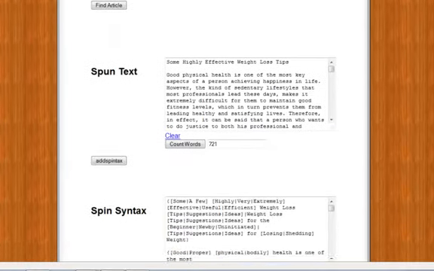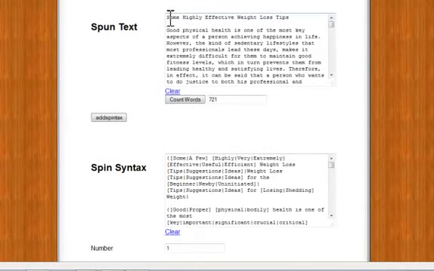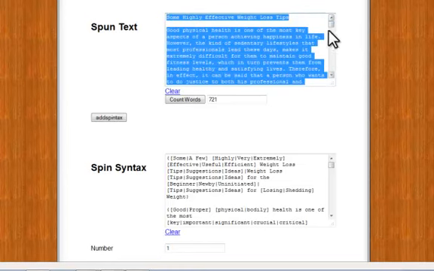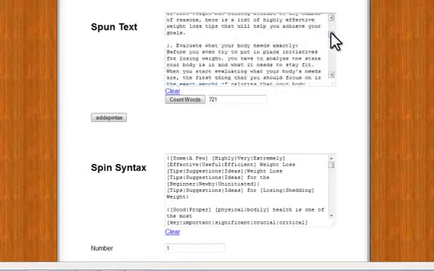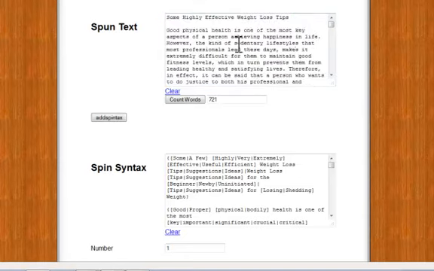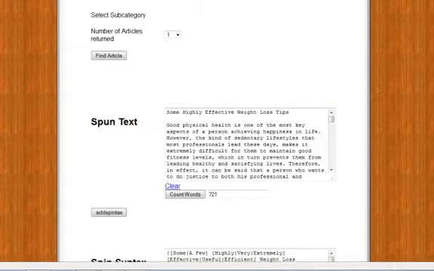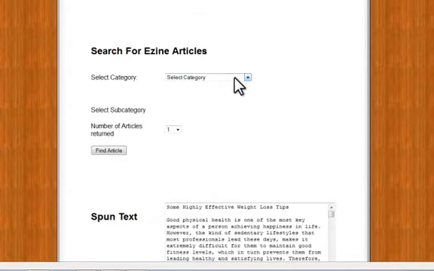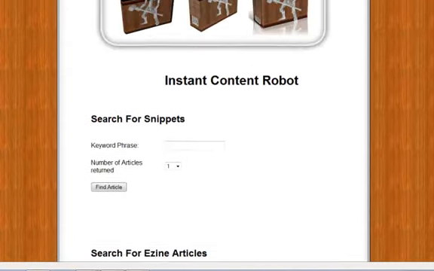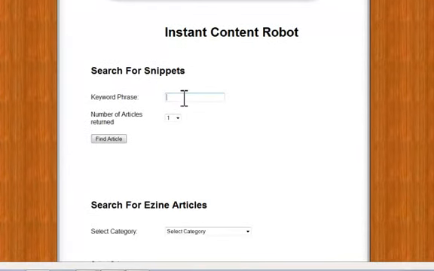Okay, so if I just scroll down now, you will find that the article is now in this section here. So there's our complete article without any changes to it, and here it is in SpinText format. Now this is not the human SpinText format, this is the content robot SpinText, remember, and that's been added to that, so that's pretty cool. But what we can do, as I say, is use all the same editing facilities, so we could pull part of an eZine article in and add to it, or as we did before, if I go and search for snippets, if I go up here to diet plans,